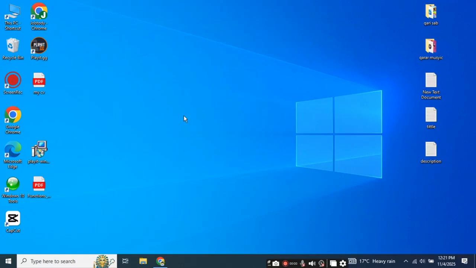Hi guys, how to download Roblox on laptop. What if I told you that you can play Roblox on your laptop with better graphics and smoother gameplay? Sounds awesome, right? In this video, I'll show you how to download and install Roblox on your laptop fast, easy,